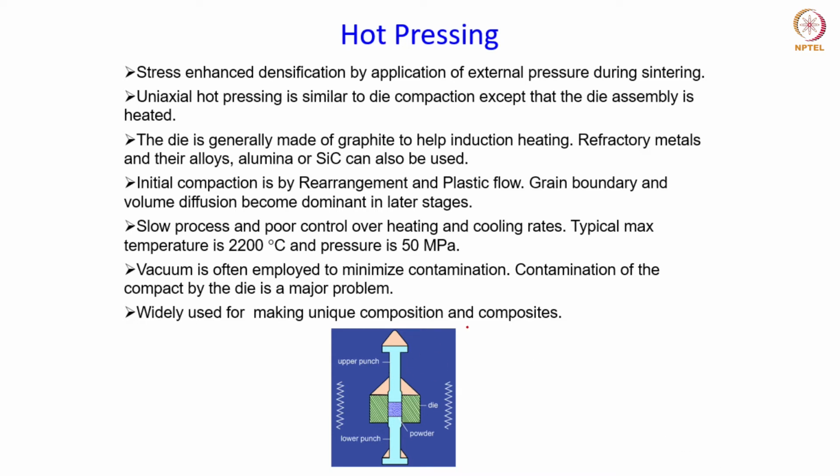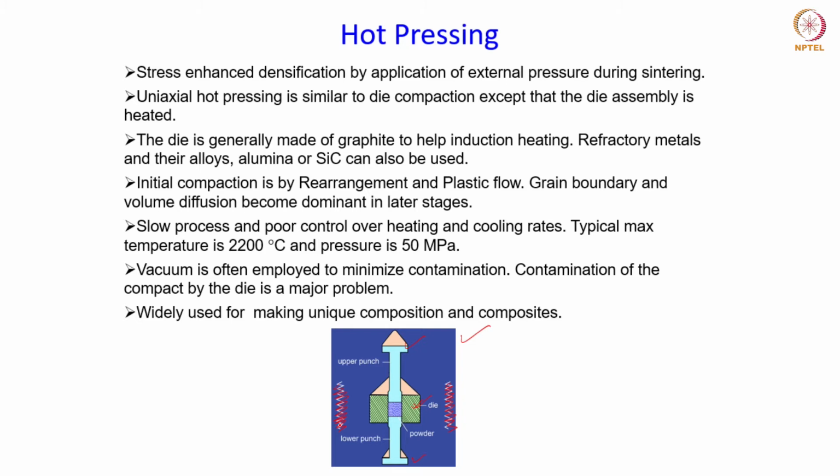from this diagram, this is very similar to the die compaction, where you have the die in which the powder is filled, right? And then you have an upper punch and a lower punch through which the pressure is applied onto the powder. Here, in order to heat the powder, you have this furnace around the die. You can see these heating coils over here. So as the powder is heated up, it is also simultaneously pressed, okay?